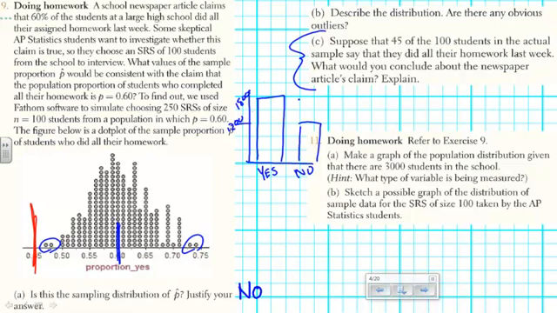All right? But let's get to this last question here, because this is actually the most important part of that question. What type of variable is being measured? Because someone asked me, because we started talking about the distribution of X bars and the distribution of P hats, when do we know we're going to use one or the other? Well, let me ask you the question. What kind of variable is did you do all of your homework last week? That's a yes-no question. It's a categorical variable.